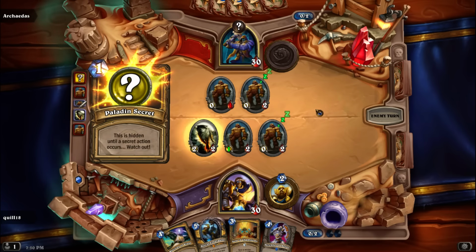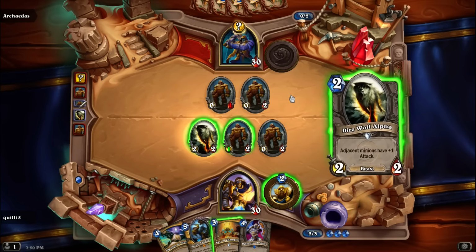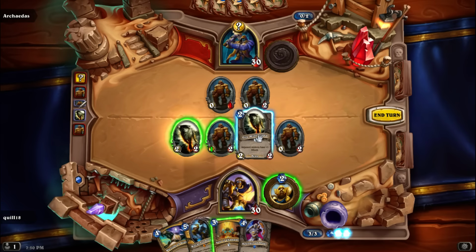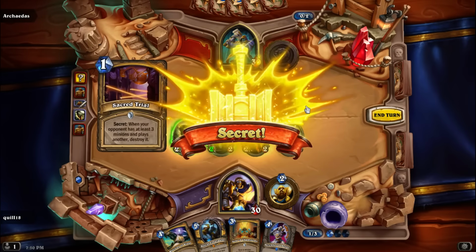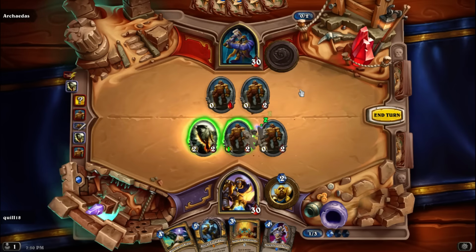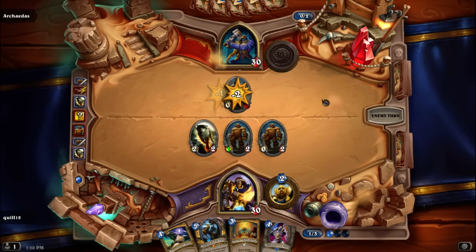Paladin's Secret. I don't remember what that was. Now that's interesting, because I can do this. Oh yeah, that guy! The 3rd minion dies. Or the 4th minion dies. Okay, that's fine, because I can still do this, plus that, and keep his side of the board clear, which